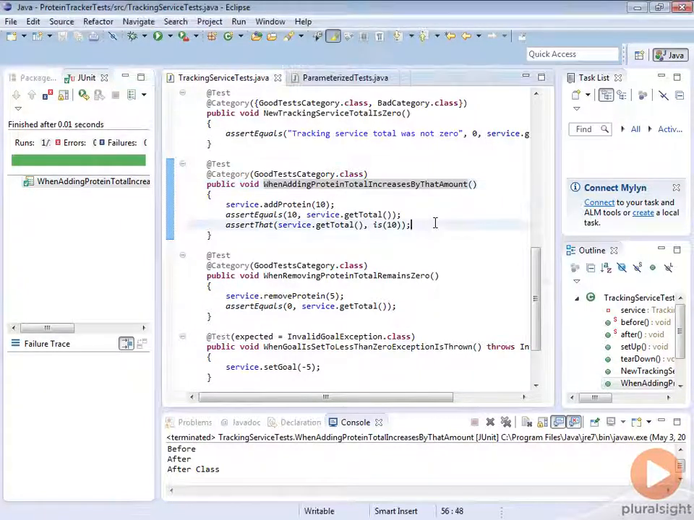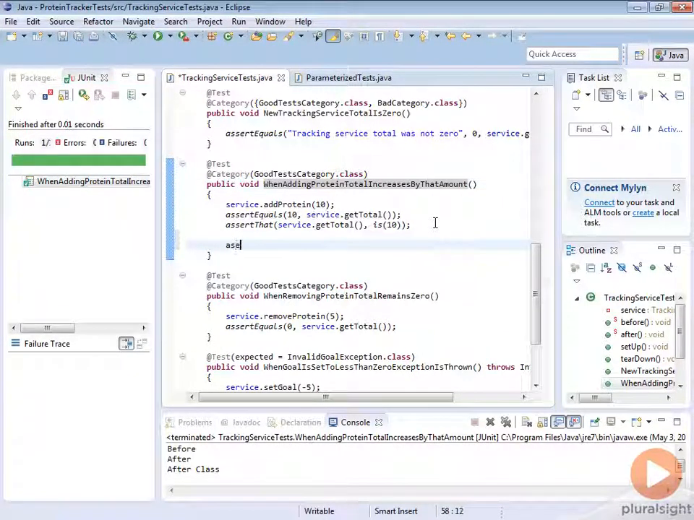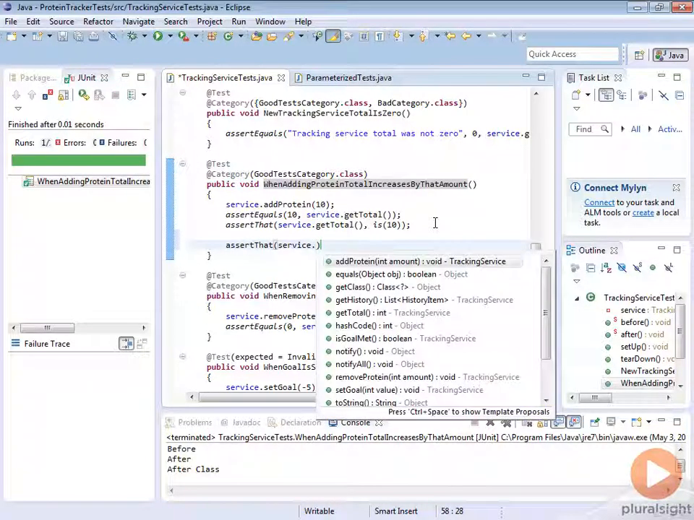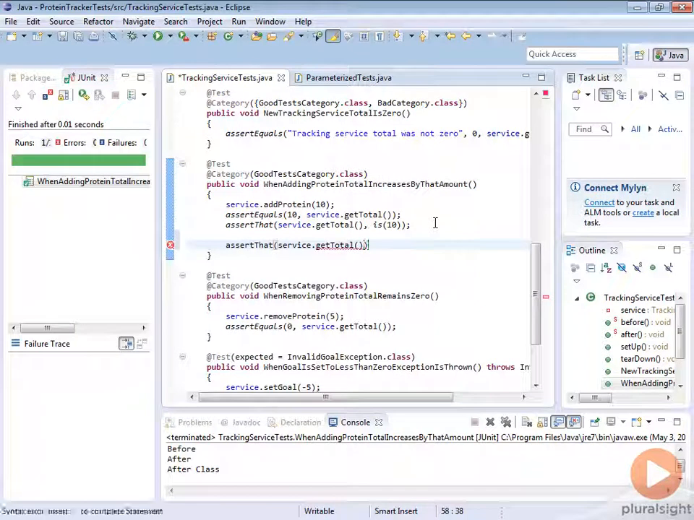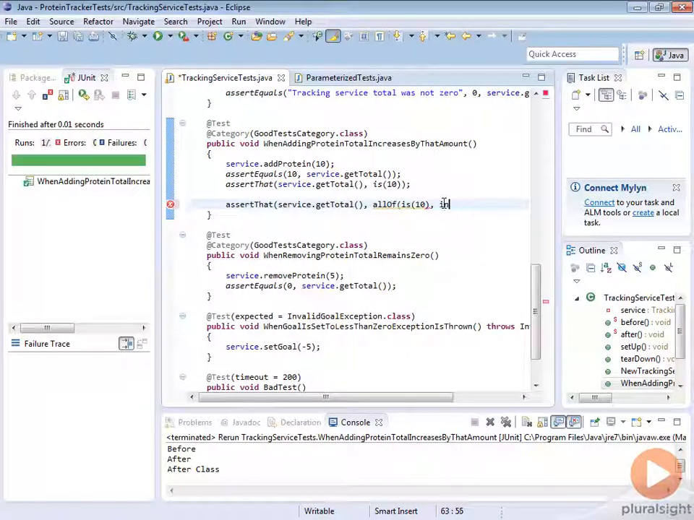And we can chain together some of these. We could do a more complex assert. Let's say we did assertThat service.getTotal allOf, meaning that anything in here has to be true. Every single one of these matchers that we'll create now has to be true. So we'll say it needs to be equal to 10, and it needs to be an instance of